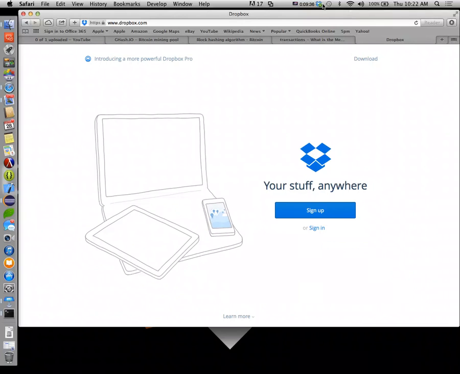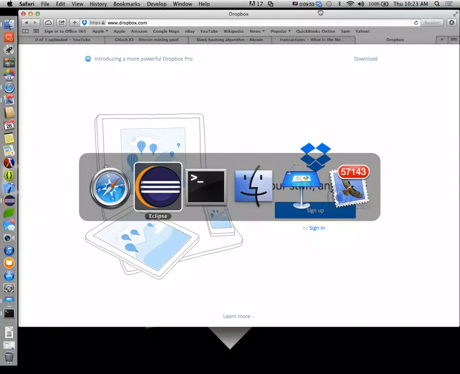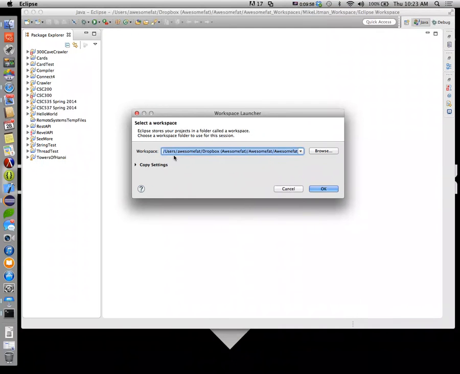You'll get this little thing up here. See how there's a green check mark up there? That means everything. I always save everything that I don't want to lose inside Dropbox. That means if right now somebody came up here and sawed my laptop in half, I have not lost data. It's all in the cloud. So make sure that you install Dropbox and that you set your workspace somewhere in Dropbox.